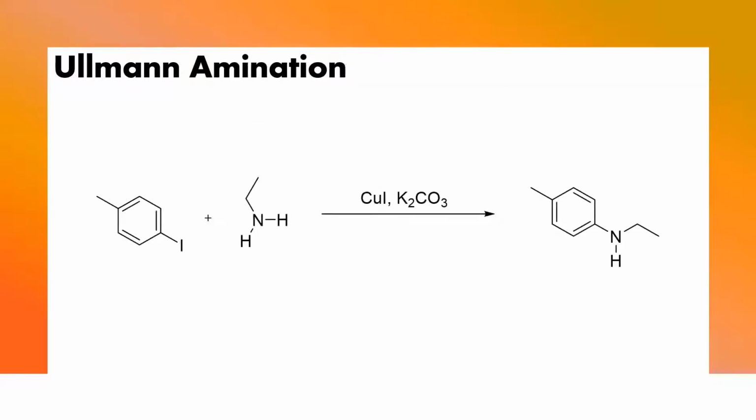Here is an example of an Ullmann amination. You can see the aryl with the iodide leaving group and the amine. In this reaction, the amine